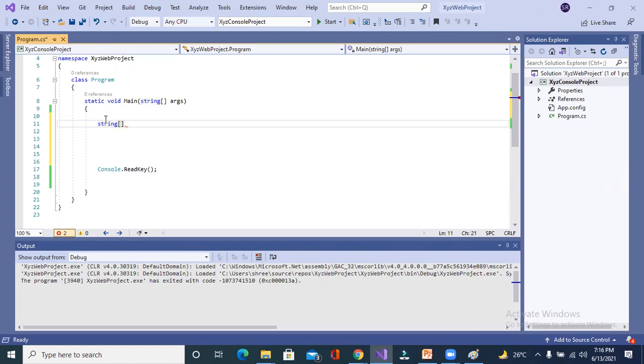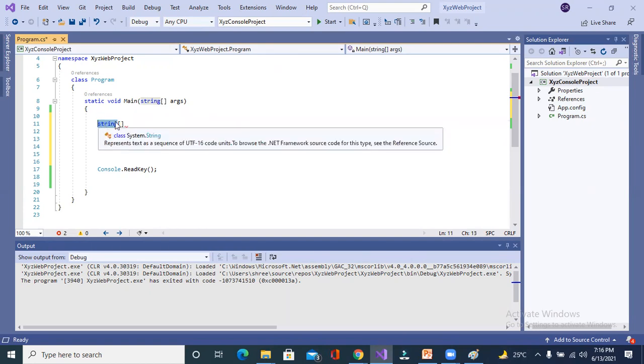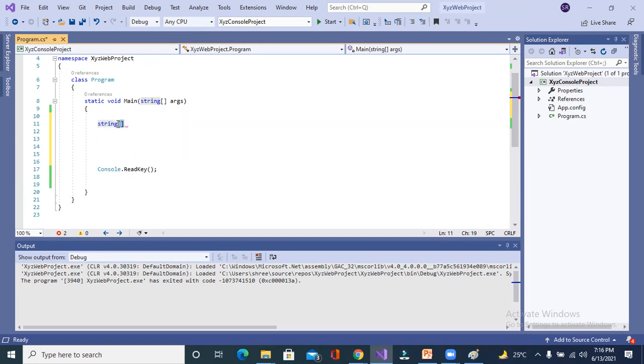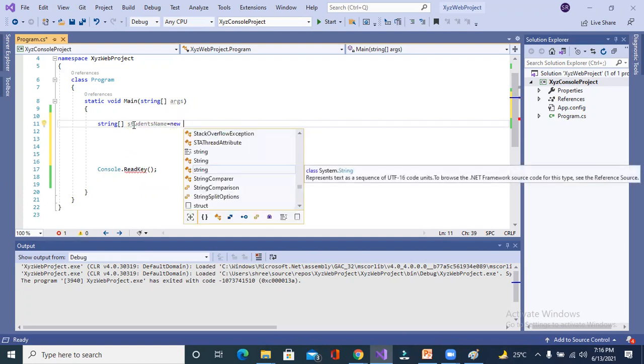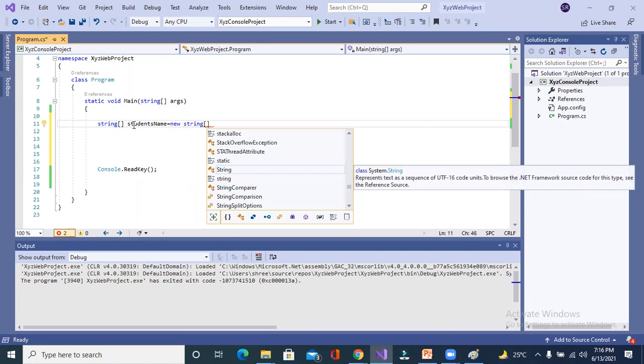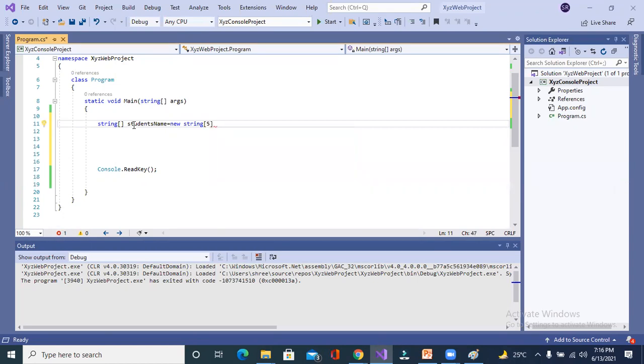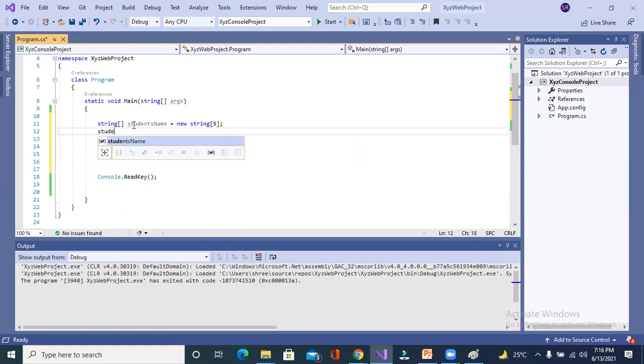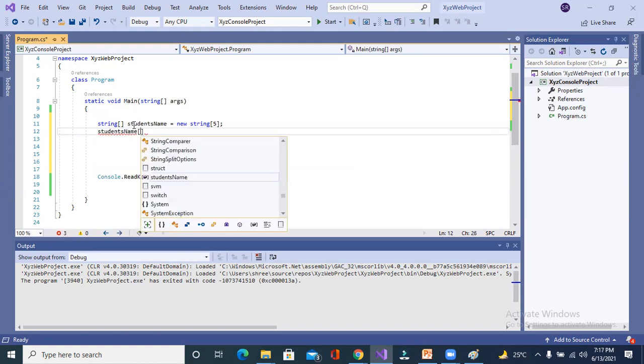So I wrote the data type string and gave the variable name, like student's name, equal to new, and you have to give the length, like if you want to store the names of two students, three, four. I did 5.